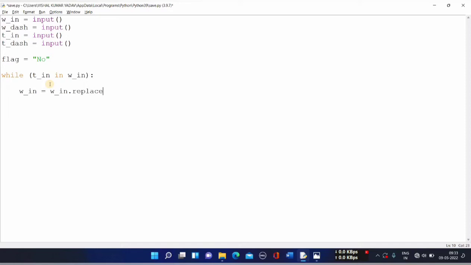Now I'll give you another reason why I like Python. Let me show you why. T in comma T dash comma 1. Now what does this mean? See, the replace function is a function which is available in Python, which can replace a given element